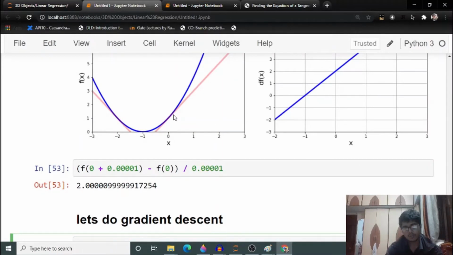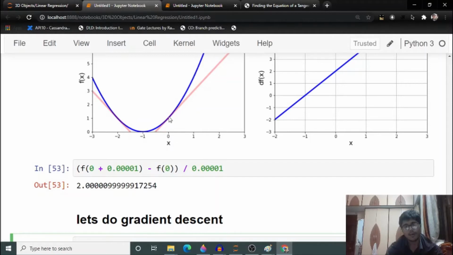You want some value near 0 for which you get less output, and from this figure you can clearly see that if you travel in this direction, you will get that value. So you want to subtract from 0